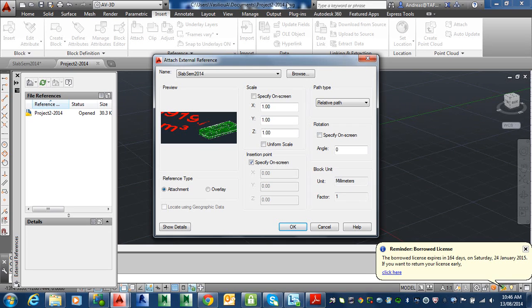externally reference this project 2 into another project, now don't forget project 2 will then, we're going to draw the roof, we're going to draw the walls in there now, put some doors, all right? So project 2 will have that information in it. What it doesn't really have is the slab, because the slab has been externally referenced. But if I leave it as attachment, what will happen if project 2 is referenced to another drawing, it will actually drag the slab with it into the other drawing. If I leave it as an overlay,